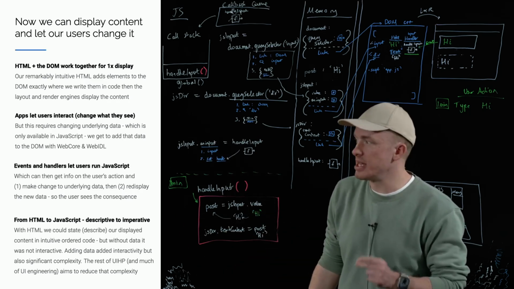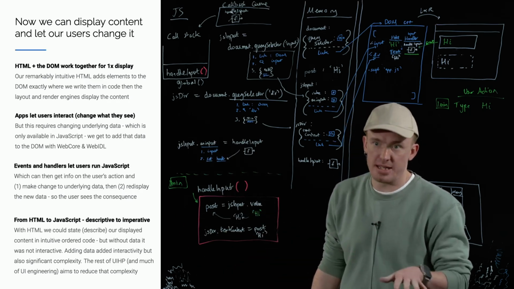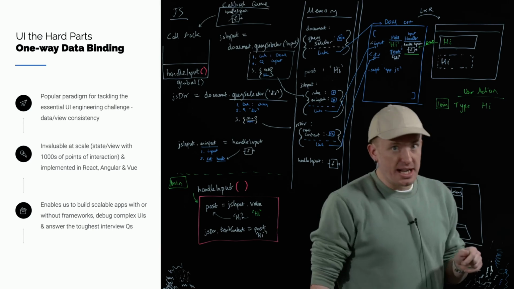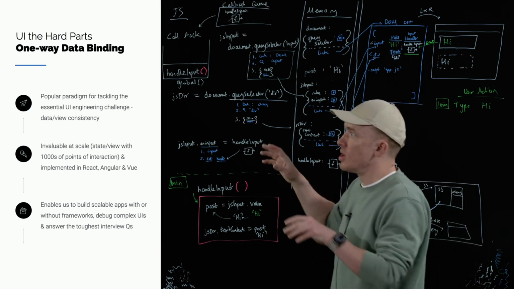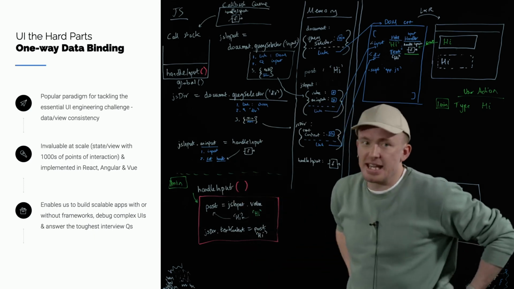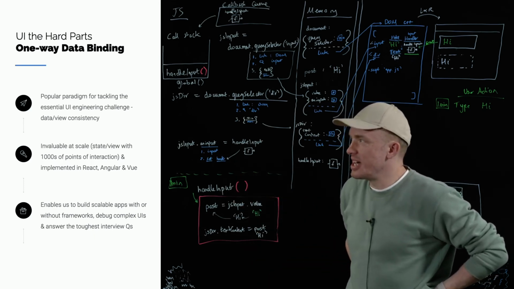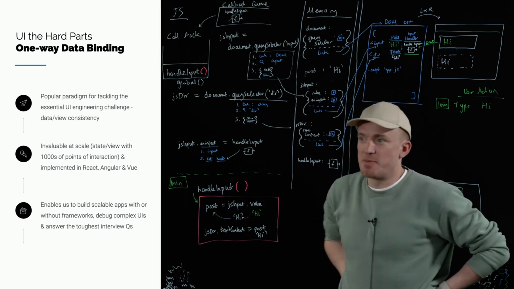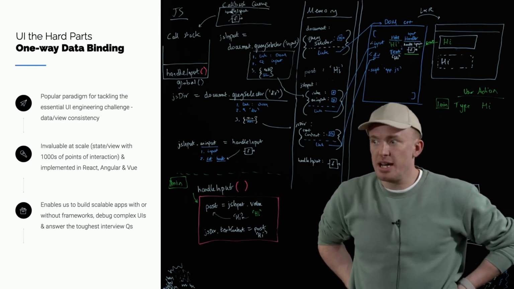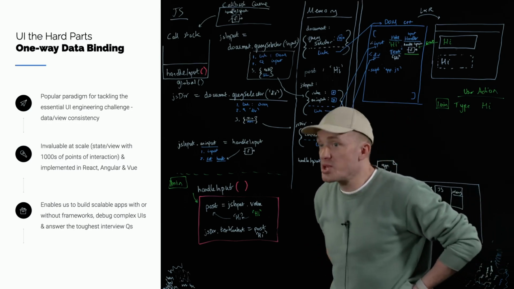Gave us interactivity, but also vastly more complexity. All right, so we now move on, and we'll take a little break to do a wipe down, to one-way data binding. A popular paradigm for tackling that essential UI engineering challenge: displaying content on the screen, letting the user change it, which implies underlying data changing, but also what they see